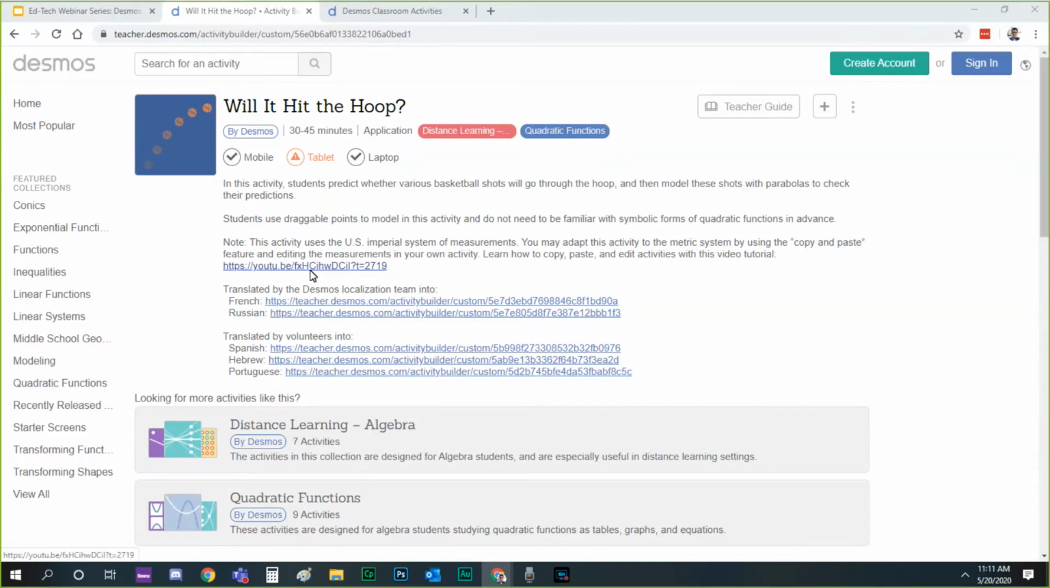And there's information here on it. This is a YouTube video that explains how to convert this application to use metrics, the metric system of measurements instead of the U.S. imperial system of measurements. A little bit at the top here, we can see what is compatible with this